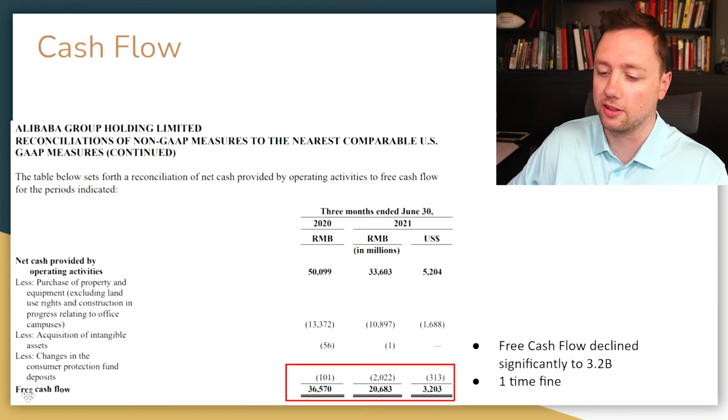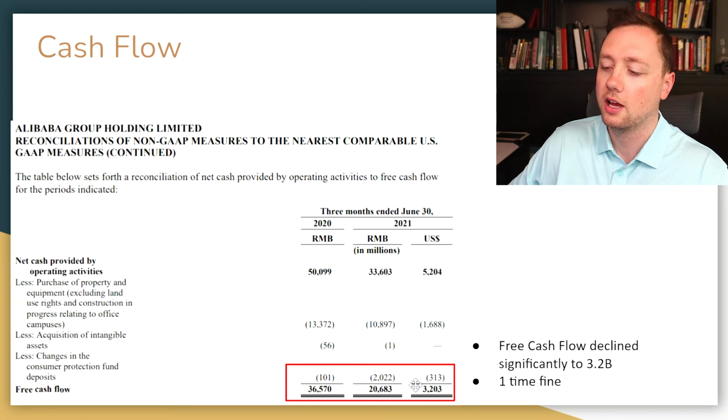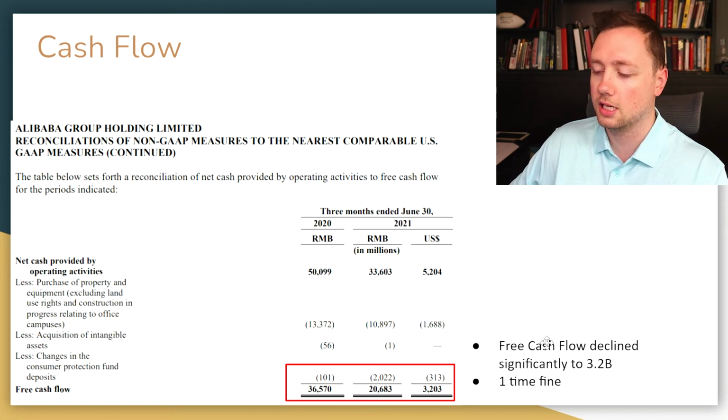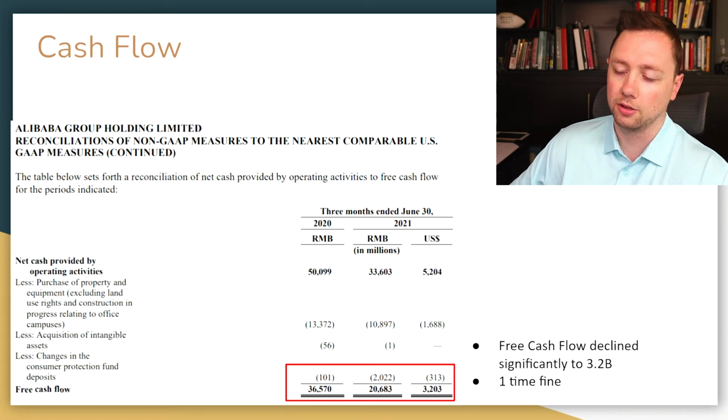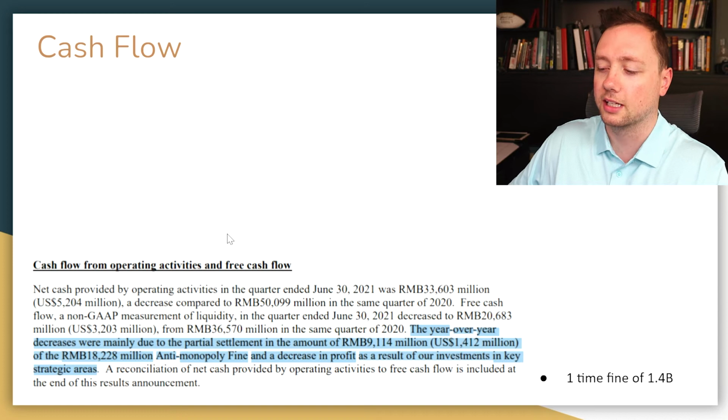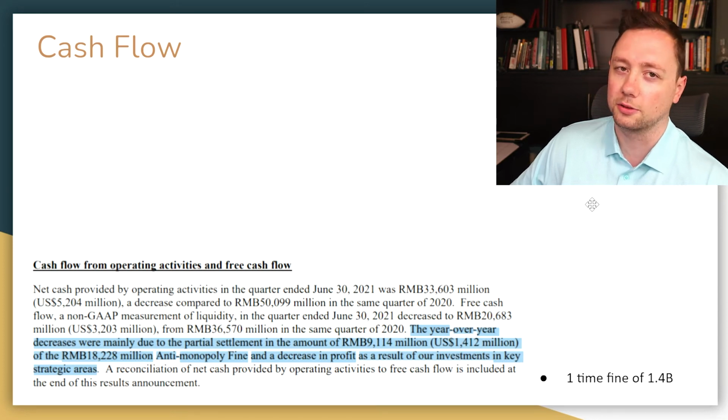And as you can see, their free cash flow as a company actually declined very, very dramatically here for the quarter ended June 30th of 2021. It declined by almost 16 million RMB, and this was largely due to a one-time fine from the Chinese government. Now, this is definitely something that we need to dig into here because this is the X factor behind all